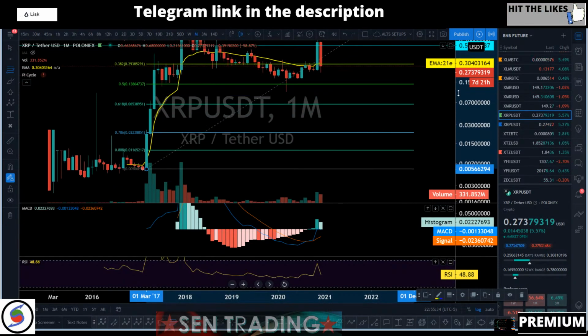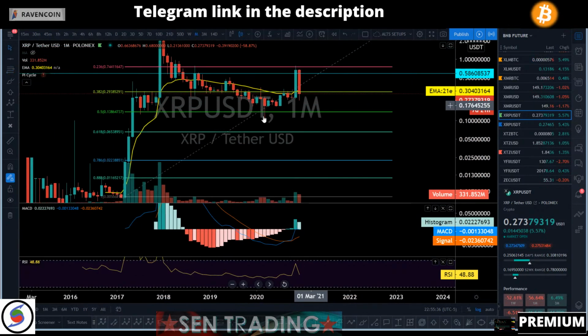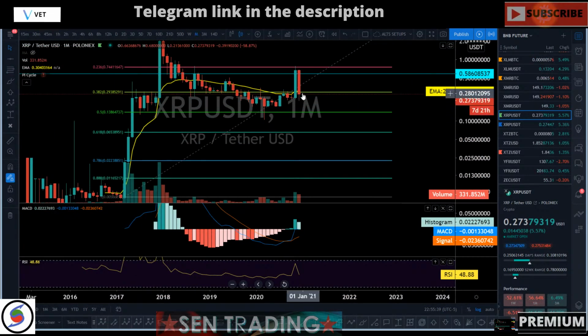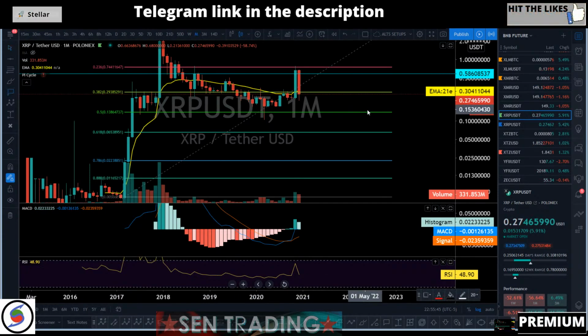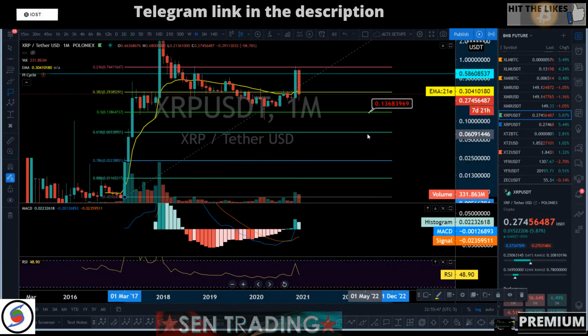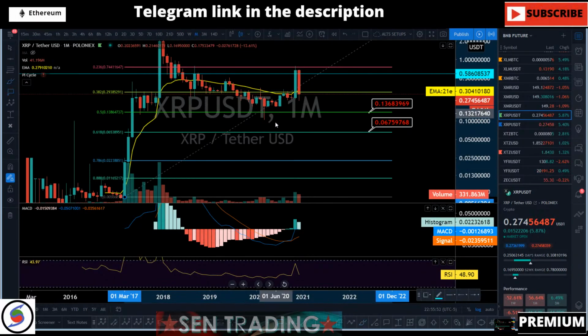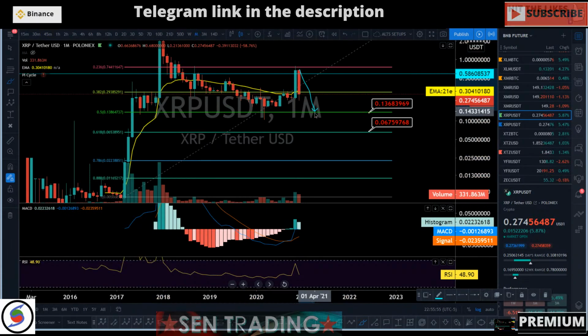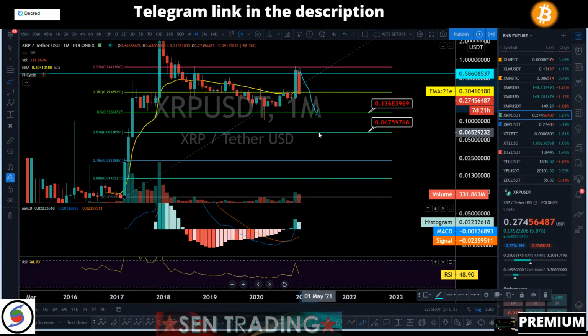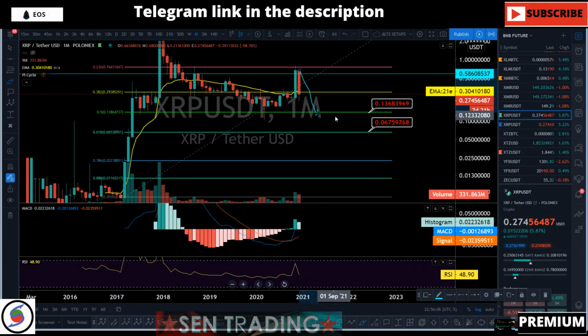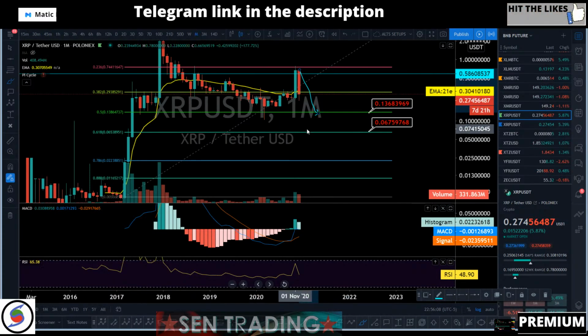So you see the macro view right here. If you really pay attention to the macro view, you should not be worried about anything else but two key areas, which are 13 to 11 cents and all the way down to 6 cents. That's it. These are the two key areas on the macro scale. Can we double bottom at 50% just like what Ethereum and Litecoin did and not break all the way down to 6 cents? Absolutely, that's very possible.